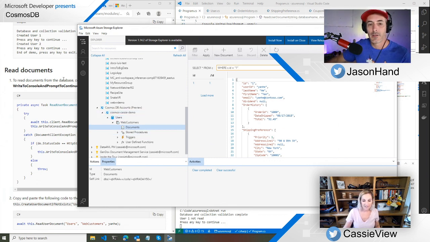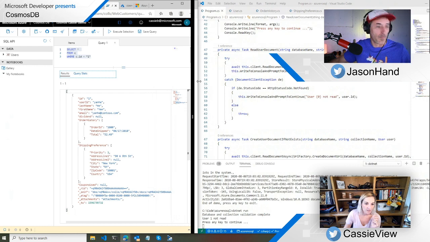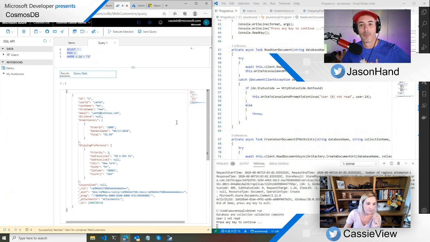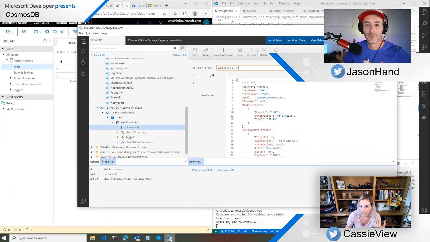Yeah. Because we can see it for sure in the browser, right? We haven't been over there in a while, but. Yeah. So it's the same kind of UI here where you can write your query and run it. Yeah. And navigate here. So yeah, that's cool that it has that option. I had only been using this, so now I know that it's in the Storage Explorer too.